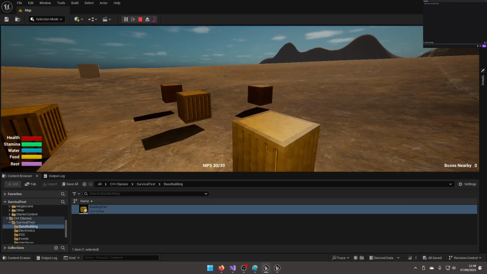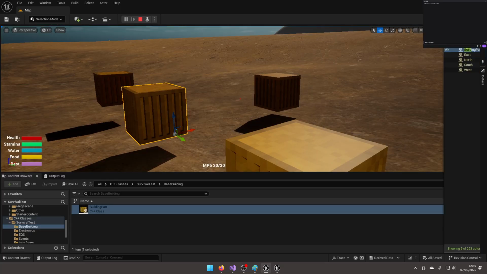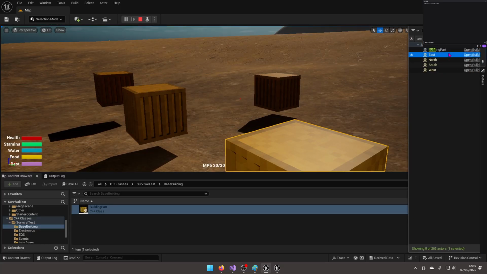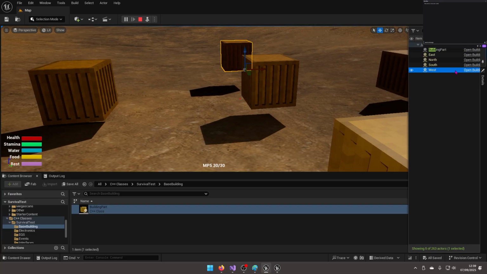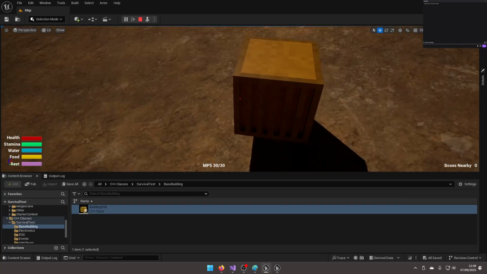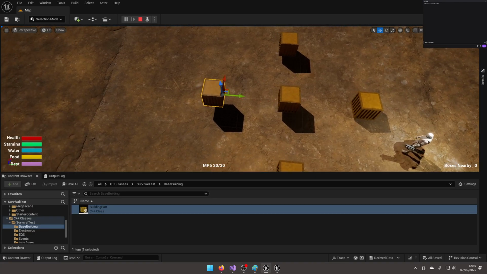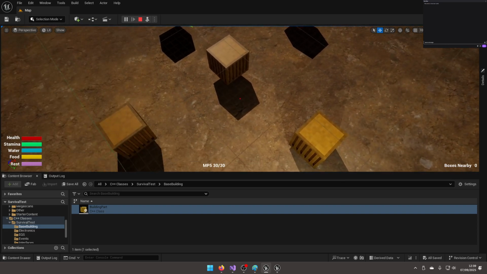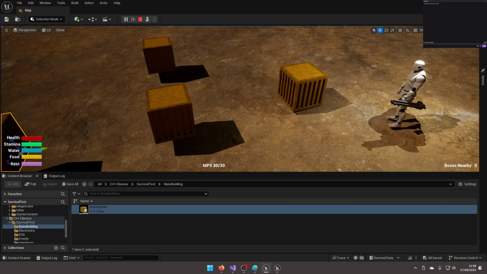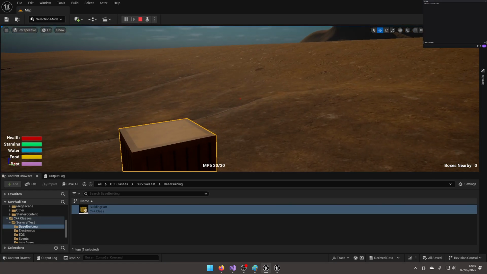And just to double check, outliner. So east is to the right, south is behind us, west is to the left. Hell yeah. That's awesome. Okay, so now the only thing we need to do to actually make the building system work